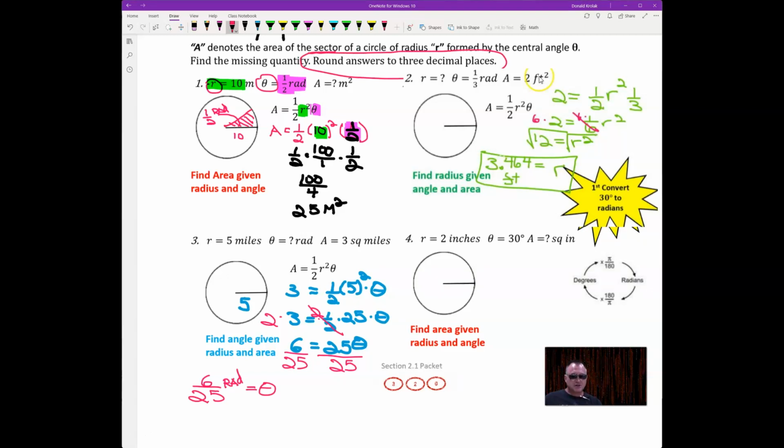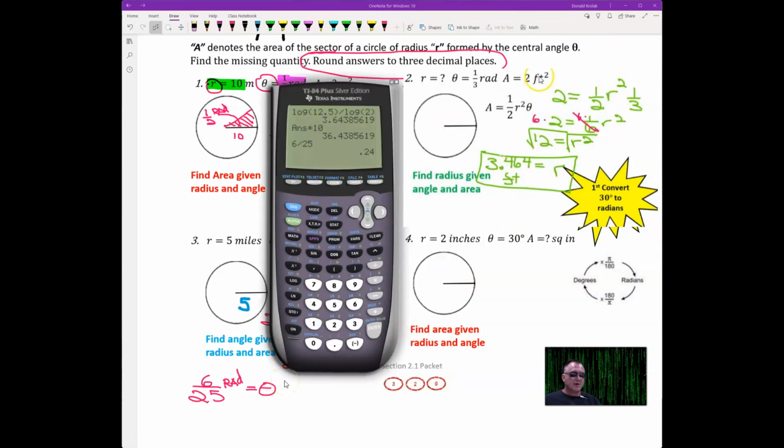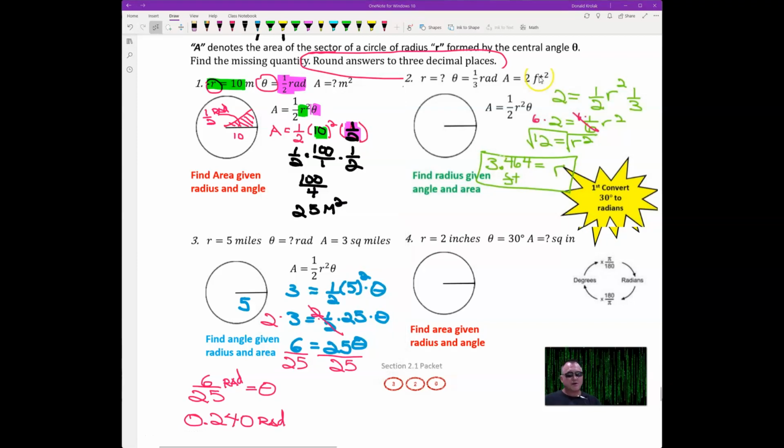Okay, so we take our calculator and we do 6 divided by 25. And that doesn't go out to 3 decimals, it's just 2. So my third decimal is going to be a 0. 0.240 radians. All right, our next example, you notice I wrote it in red because it's just like our first